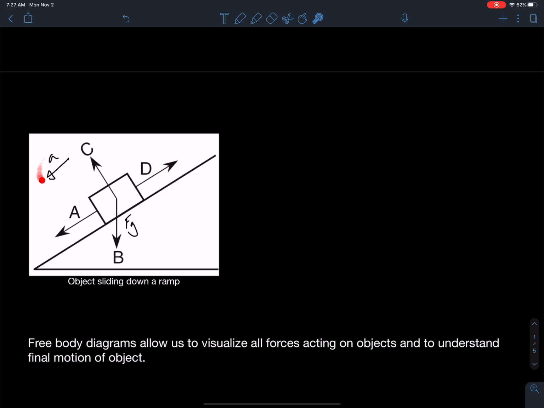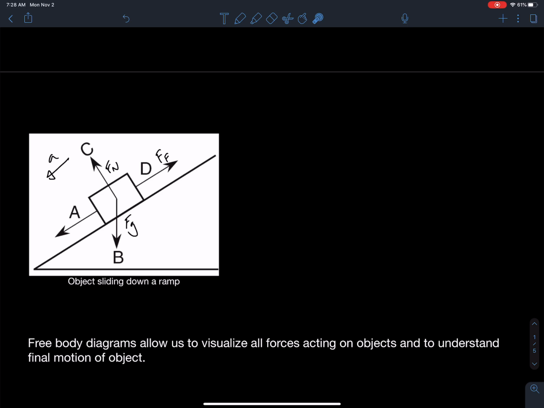Well, D is opposing the motion of acceleration, so that would be the force of friction. Okay, and what would C be? C is acting perpendicularly to that surface, right? What force acts perpendicular? It's the normal, it's the reaction force. So that is my normal force, my reaction force between the surface, as a result of the force of